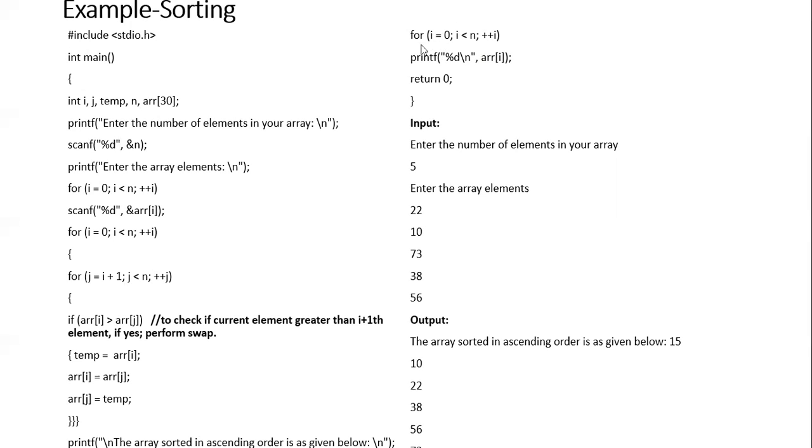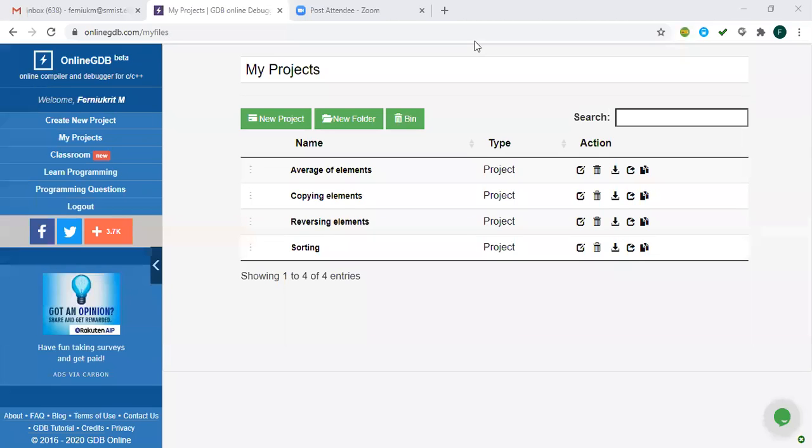Normally you use a for loop and print it. So you get the number of elements in unsorted order, and after that it will be in sorted order. Okay, so this is what we have seen. Now I will show you the execution of this particular procedure, how we can execute and see. I have already explained the concept, so now I will show how this is getting executed one by one.